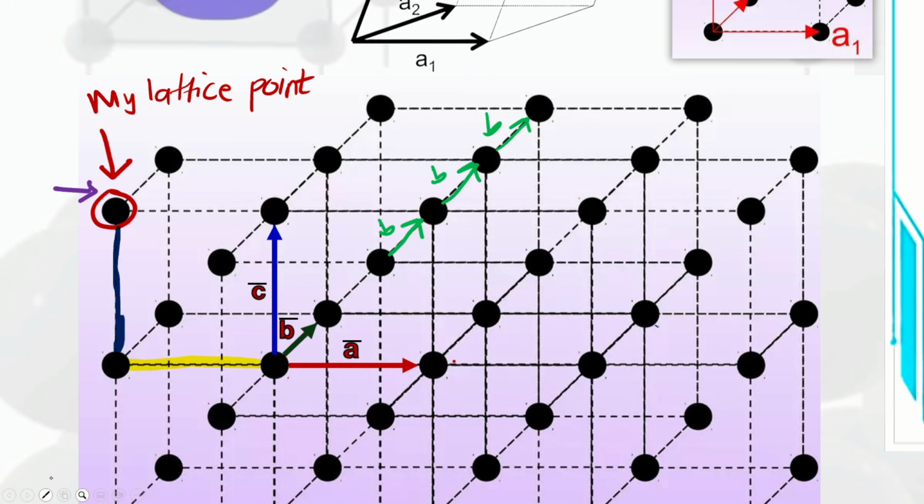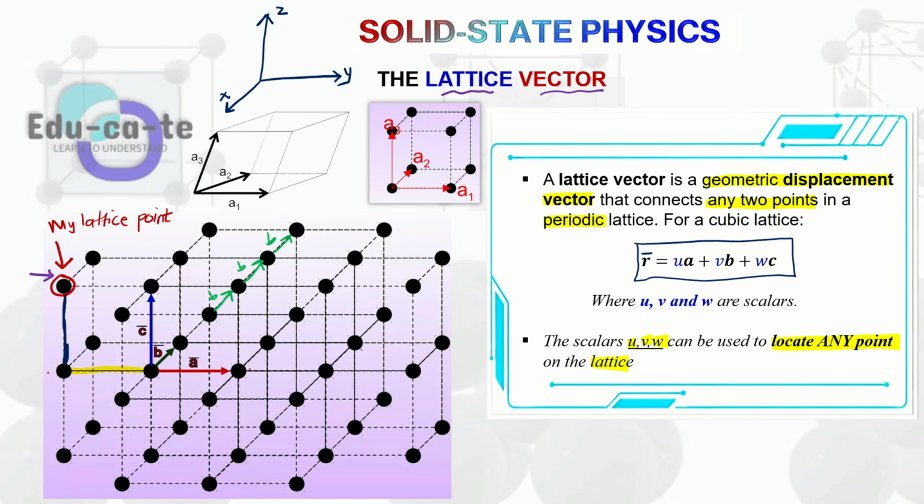So basically I can say, moving from this reference point to lattice point A and then to lattice point B, how do I write the lattice vector there? I would say the lattice vector, which is OB, let me say that's your OB. For me to move from O to B, I have to first move a vector negative A. I have to move in the opposite direction to this vector A that is provided in the initial question. And then I have to move vertically up, the same magnitude as the magnitude of vector C.